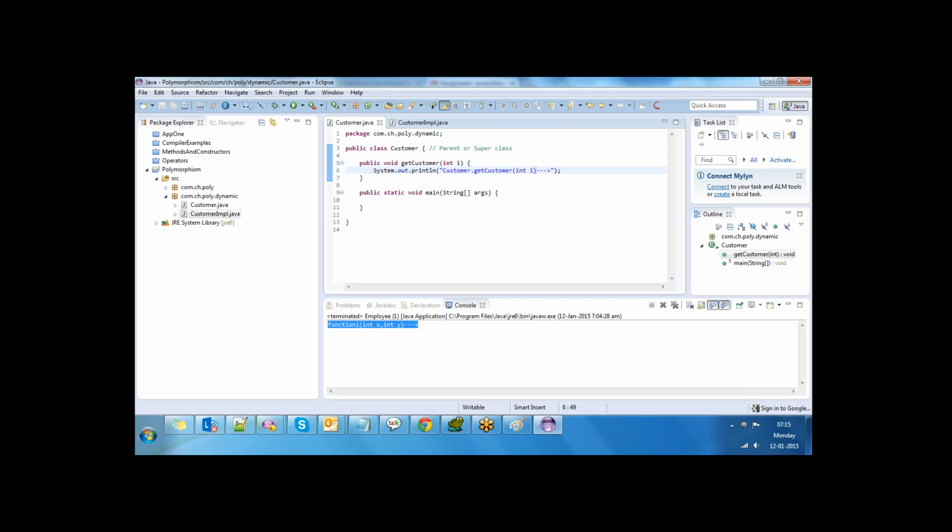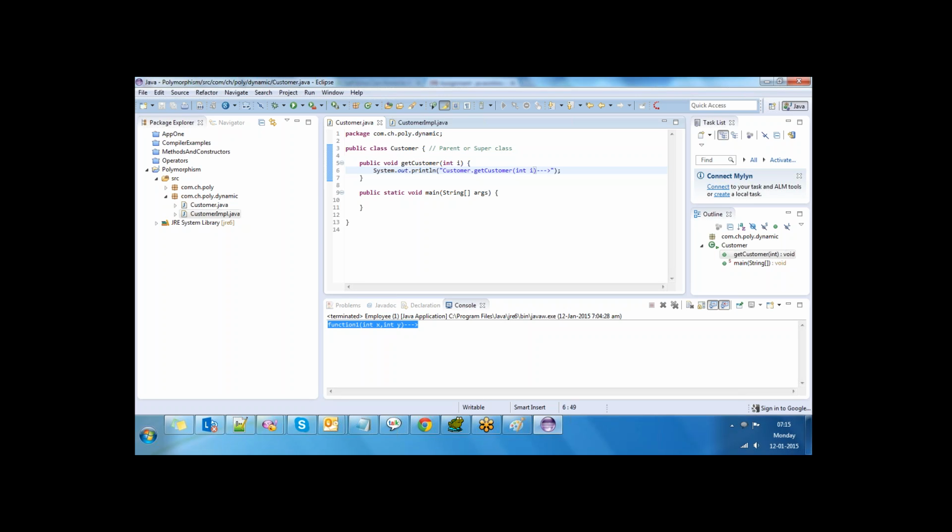Clear, right? Can you quickly tell me what the customer class contains so far? One method, getCustomer. I don't want yes or no answers.